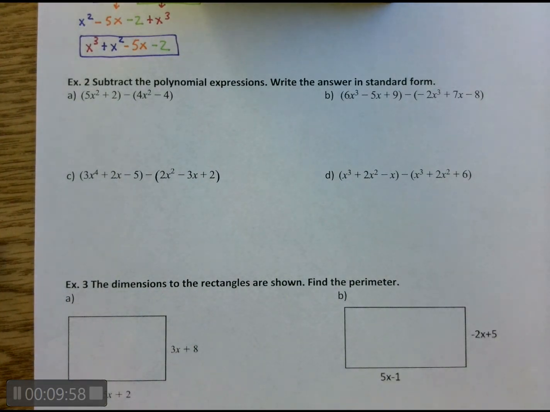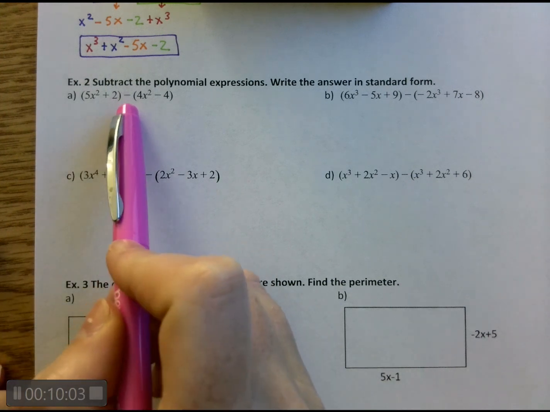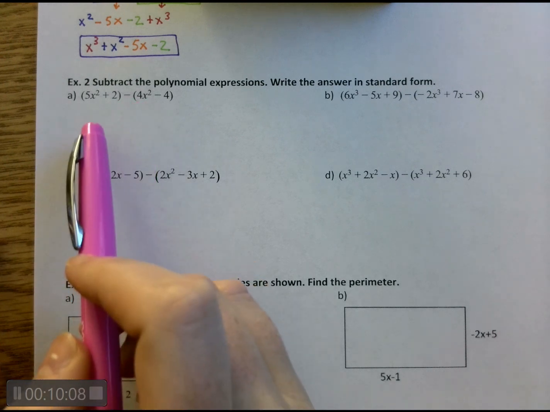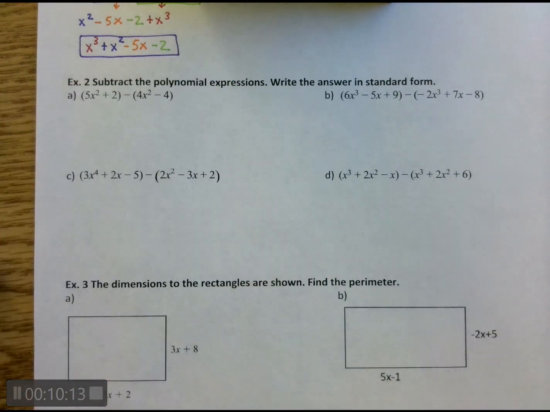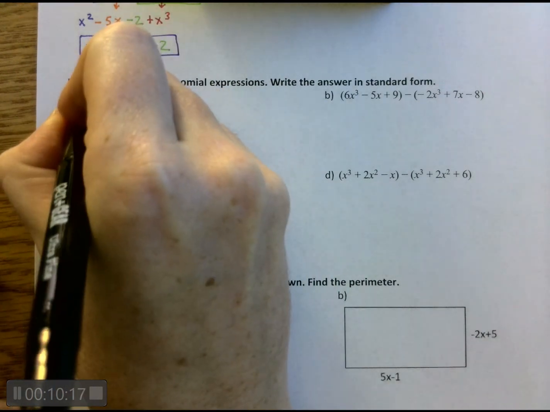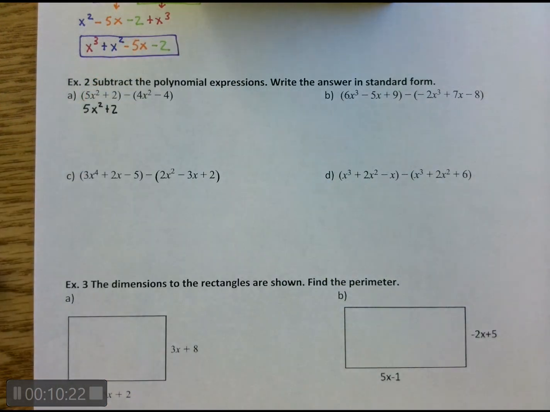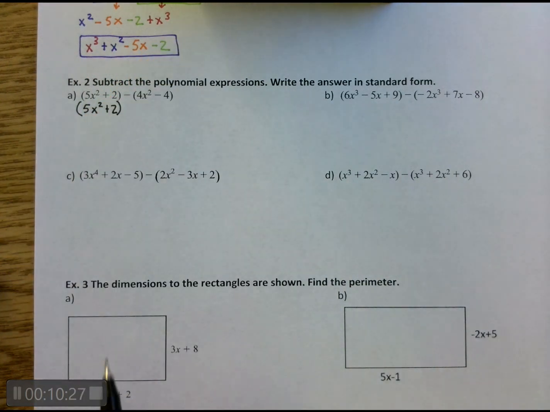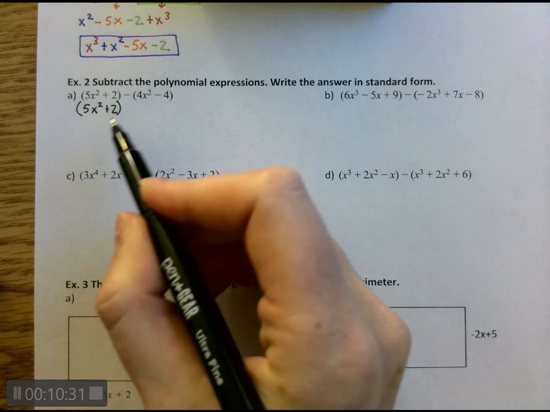And notice, in between our parentheses is the subtraction sign. So whenever there is a subtraction sign in between our parentheses, the first thing I like to do is rewrite the first parentheses. So actually, let me use this book color. So I'm going to have 5x squared plus 2. Okay? And then, after this parentheses, okay, after I have copied this down,